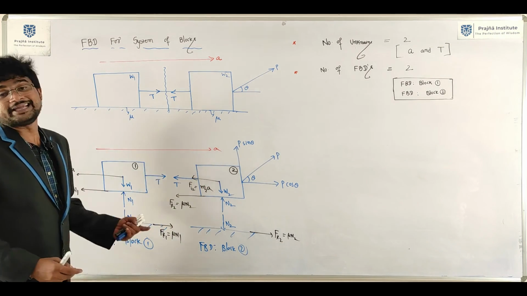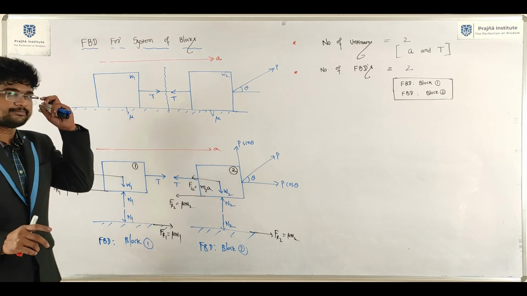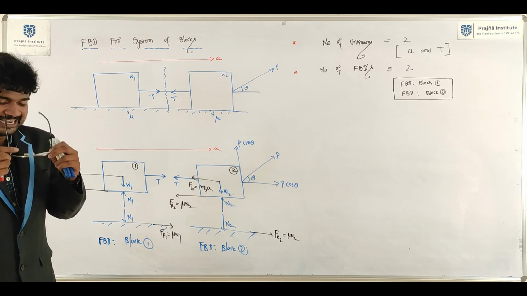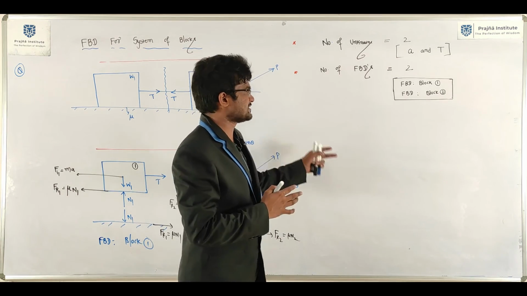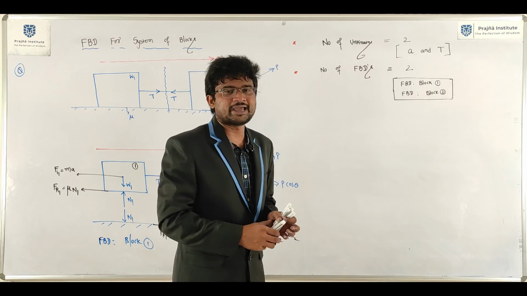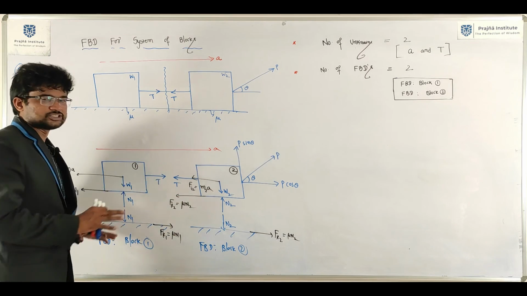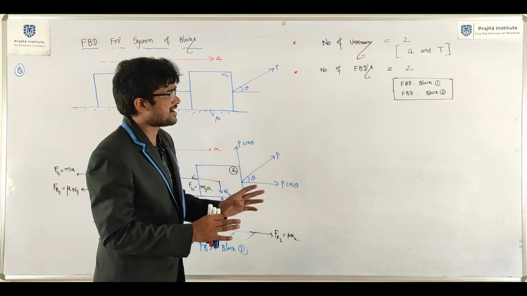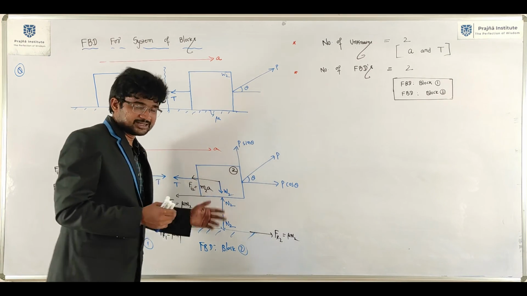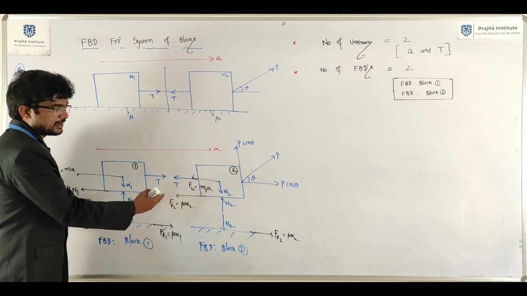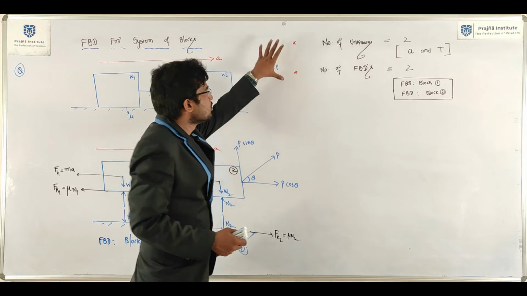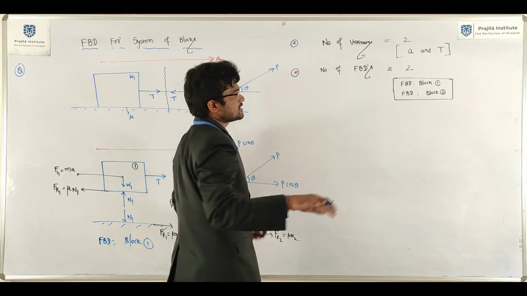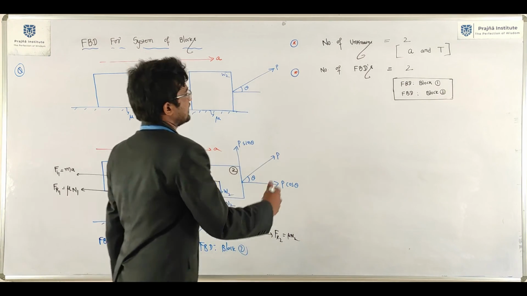Accordingly, we need to set a question based on the kinetics of rigid bodies chapter. Here we need to take care of things while setting a question paper. Before building the question, you should think about the number of unknowns, the number of available equilibrium equations, and the number of free body diagrams. Both must be equal. Then only we can solve the problem. So now we can try to solve the problem.